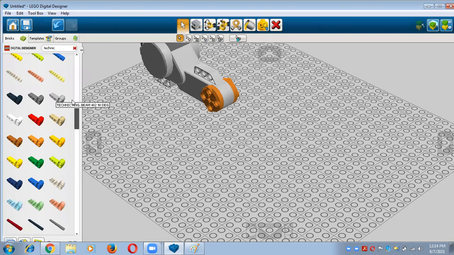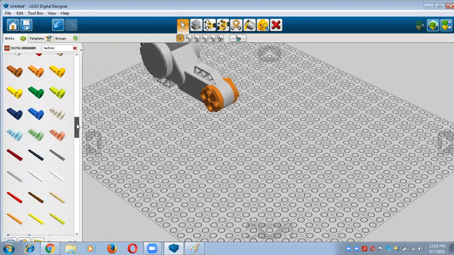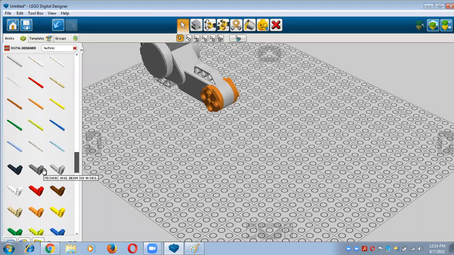You can take the 3 by 5 size technic beam. You will easily receive the 3 by 5 technic angular beam from here. You can see here, this is the technic angular beam and its degree is 90. Just click on that and put it on your work plane area.